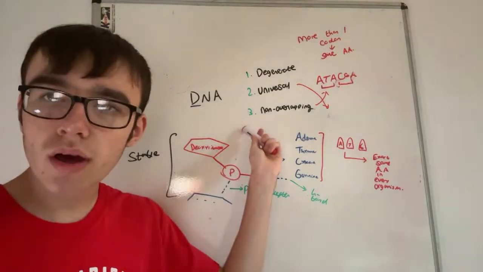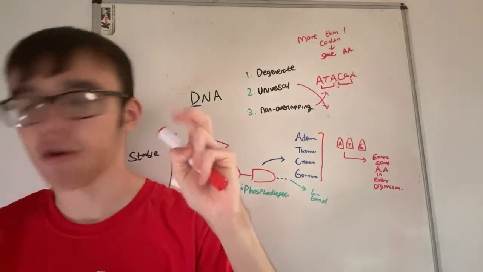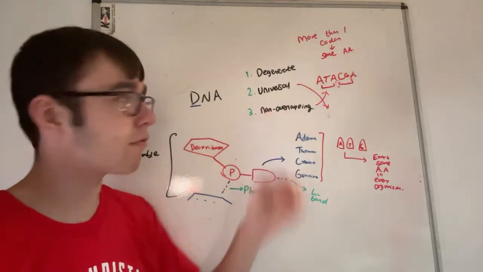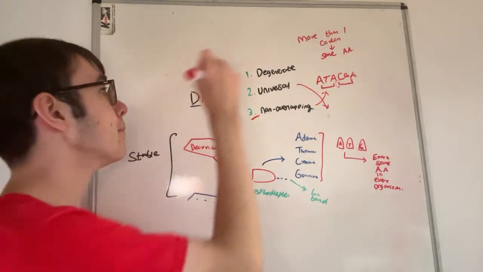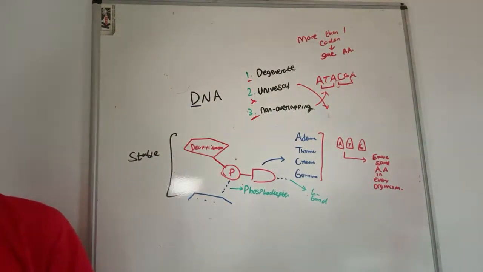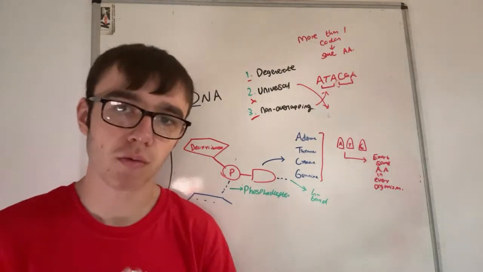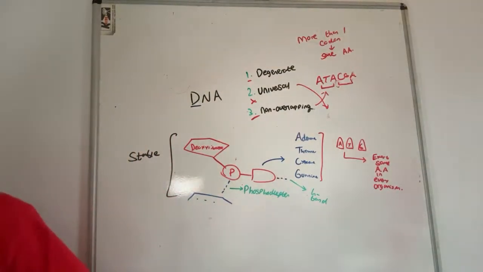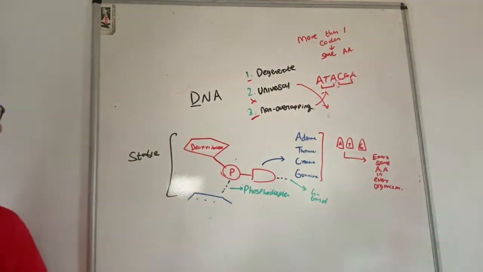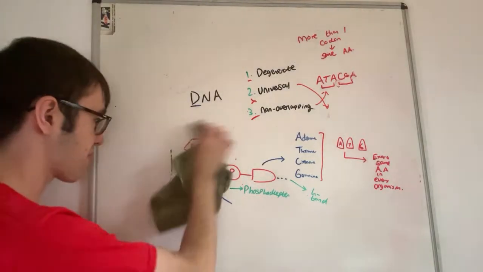Oh, I would have gotten non-overlapping right, because it says non-overlapping, bases only read once, or triplets only read once. So I would have gotten that right. So I would have gotten that mark. I might have gotten that mark. I would not have got universal. So that right there, I might have gotten 2 marks max. That is probably still 1 more mark than what anyone else could have got in our class. And that is why we need to revise this, because if the teachers aren't helping us by telling us everything, how are we going to get all the marks?